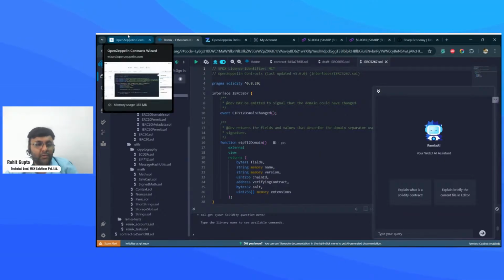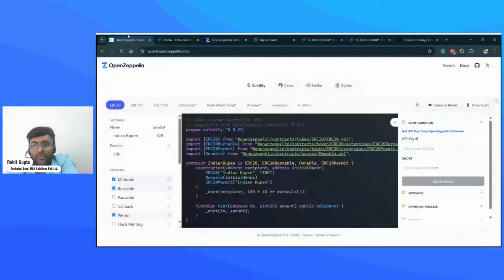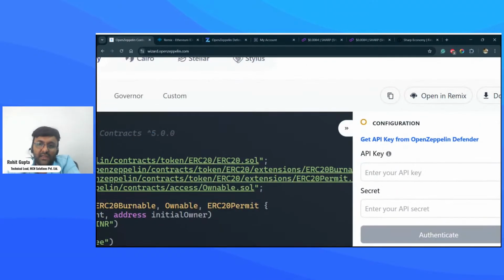I'll definitely be going with the OpenZeppelin link. So let's go back to the OpenZeppelin link. In this case, the first thing is, everything nowadays is created API based. Here on the screen you see it is written, get API from OpenZeppelin Defender.